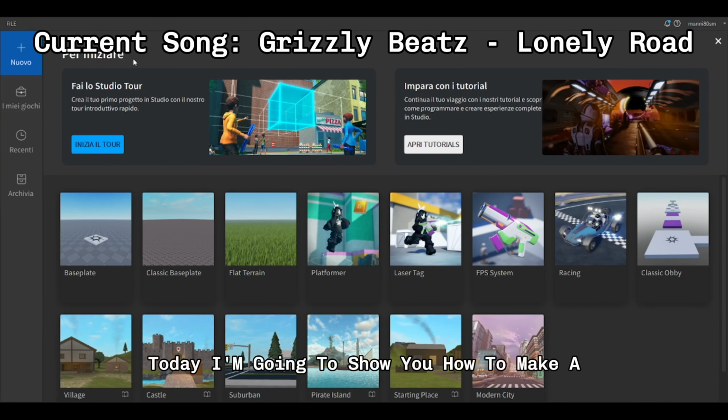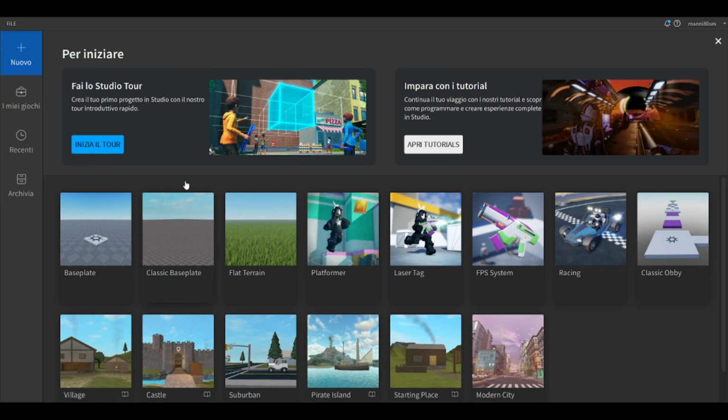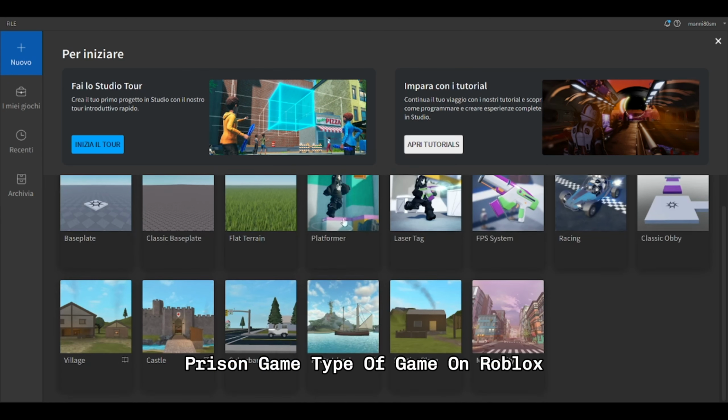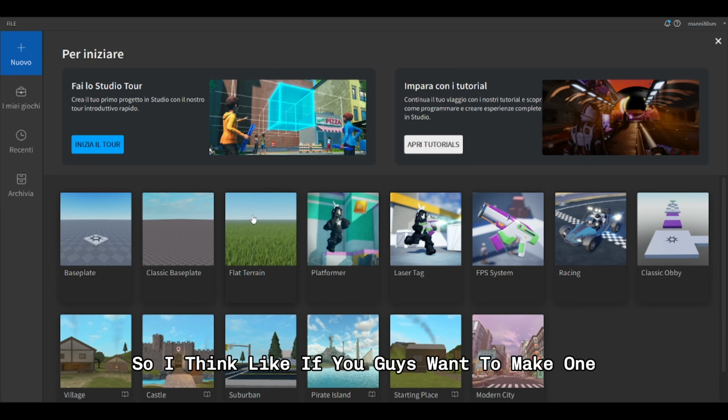Today I'm going to show you how to make a prison game type of game on Roblox. So I think if you guys want to make one, I can show you and stuff like that. So let's start by making